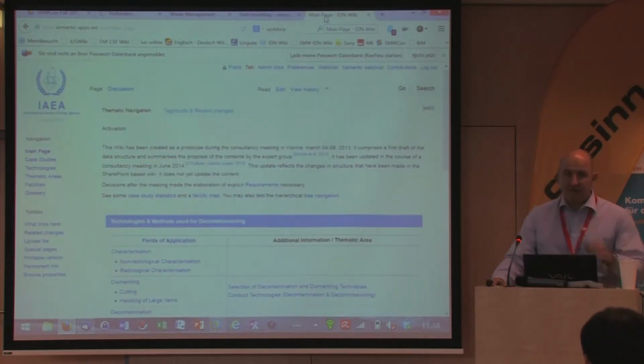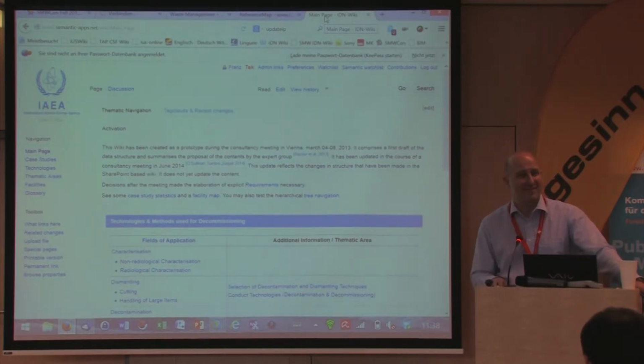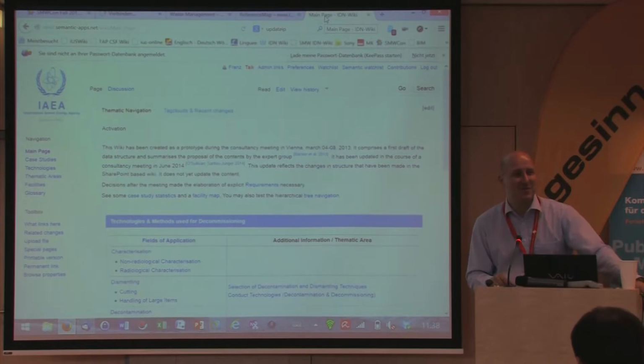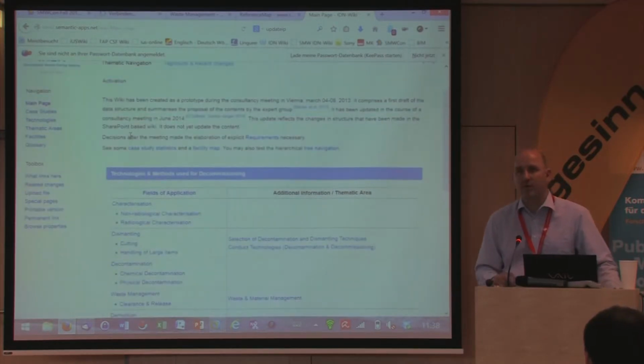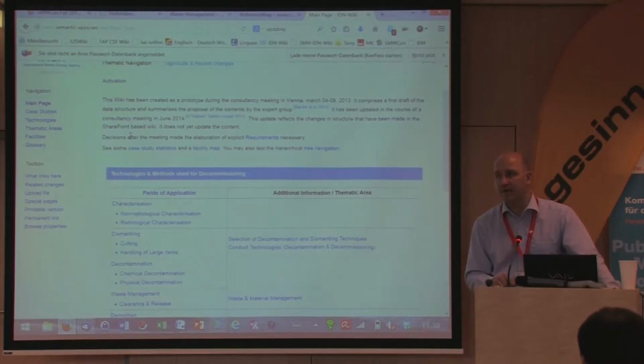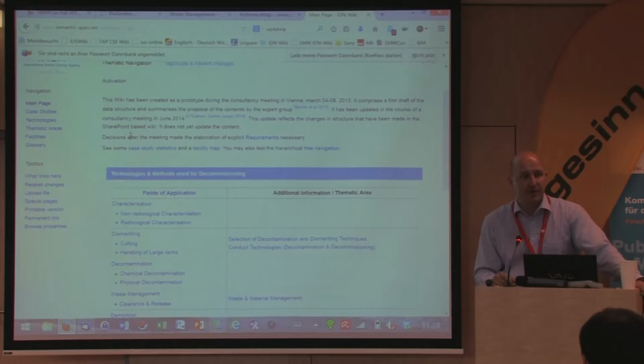Then there is one project that we are still working on. This is not yet a project, I have to admit. We are still working with the agency to see whether we can go together there, because until now they are using SharePoint for this topic. But there are certain networks inside or under the umbrella of the agency that bring together experts from all over the world to share their experience, and also to share the application of tools and the application of certain techniques. And especially in the field of decommissioning, this is very